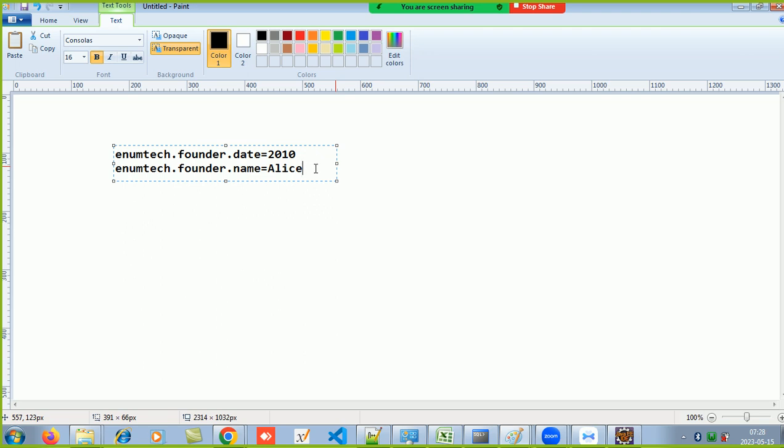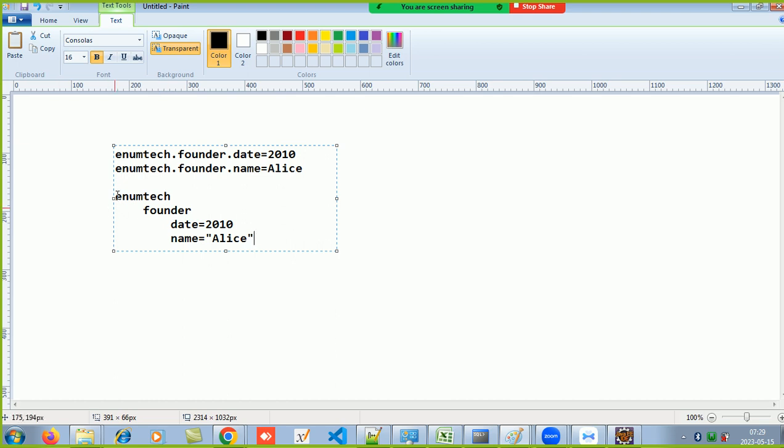ना। तो इससे अच्छा क्या होता कि मैं ऐसा करता, इनमटेक, चार स्पेस बार, 1 2 3 4 स्पेस बार, क्या नाम, फाउंडर इक्वल्स टू, ठीक है, और वापस 1 2 3 4 डेट क्या है, ठीक है। अब उसके बाद अगर मुझे भी नेम लिखना है, तो इनमटेक फाउंडर तो ऑलरेडी है ना मेरे पास, तो डायरेक्ट कहाँ आने का, बात समझ में नहीं आया तुम लोग को क्या बोल रहा हूं मैं। हाँ भाई,